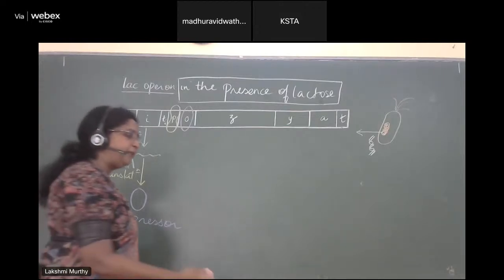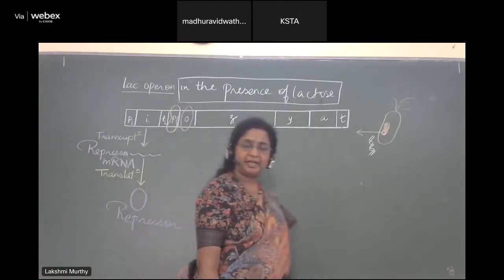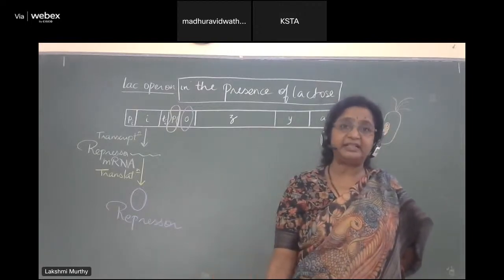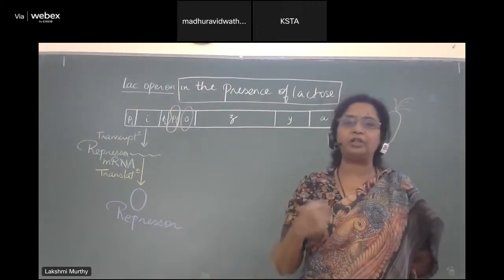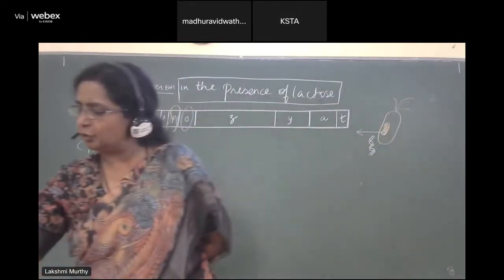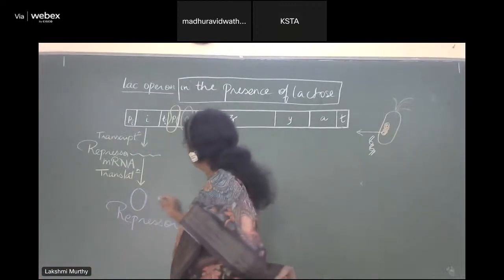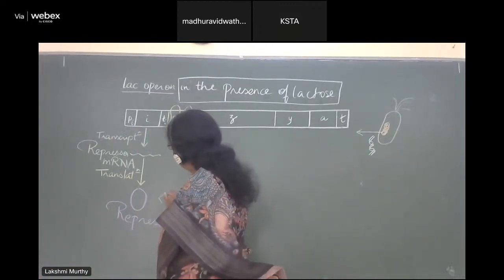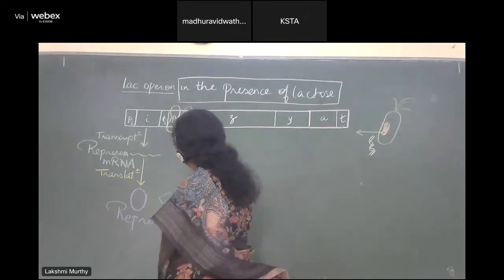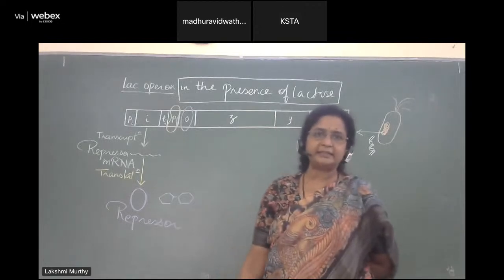Now remember, when lactose is present in the environment, I've already told you there will be a certain permeability for lactose, so small molecules of lactose will enter. Now, when you look at lactose, let us say I'm going to draw lactose in this manner. This is lactose which is present. I'm just taking it as two hexagons just to show that it is a disaccharide.